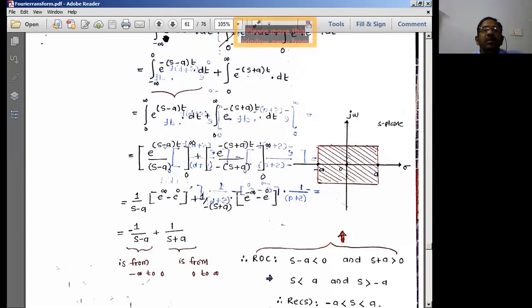Another, directly we can just solve now. So the integral of this is equal to what I can write now, e power minus of s minus a t by minus of s minus a, over the limits minus infinity to 0. So first the upper limit is 0. 0 means what? E power something like 0, that's going to be 1. So it's going to be 1 by minus of s minus a. Minus of 1 by s minus a, I can take it outside.